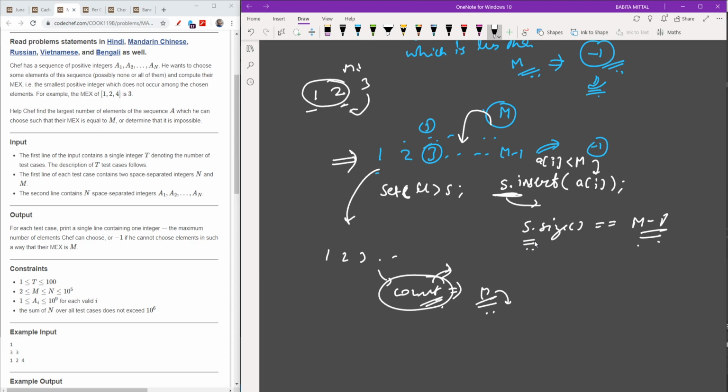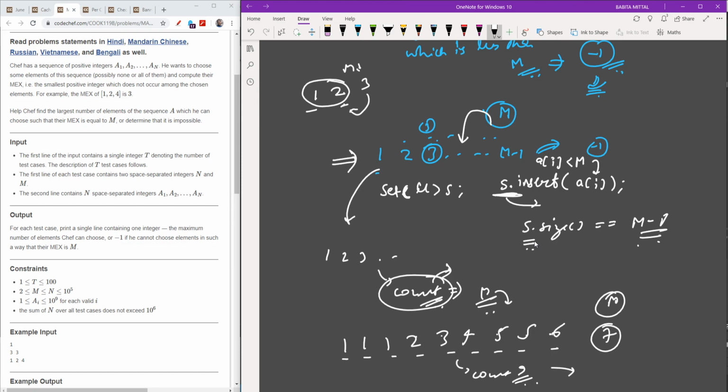Why might it go beyond m? See, if the array is something like 1, 1, 1, 2, 3, 4, 5, 5, 6, and suppose my m is 7, then if I just simply add these numbers, the count is 1, 2, 3, 4, 5, 6, 7, 8, 9. But actually the number of distinct elements here is 6.